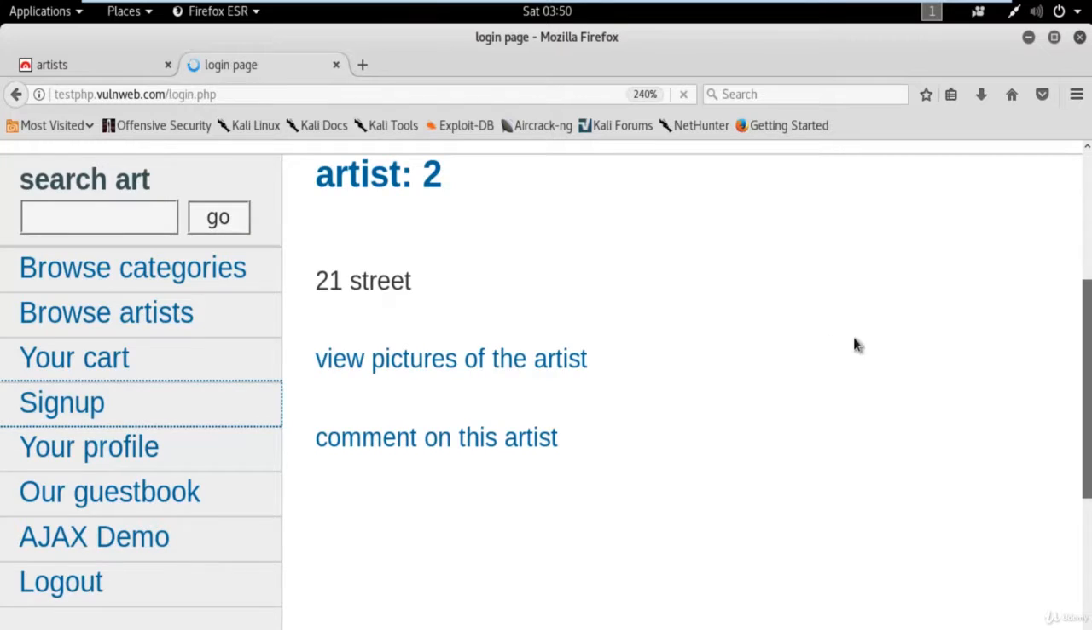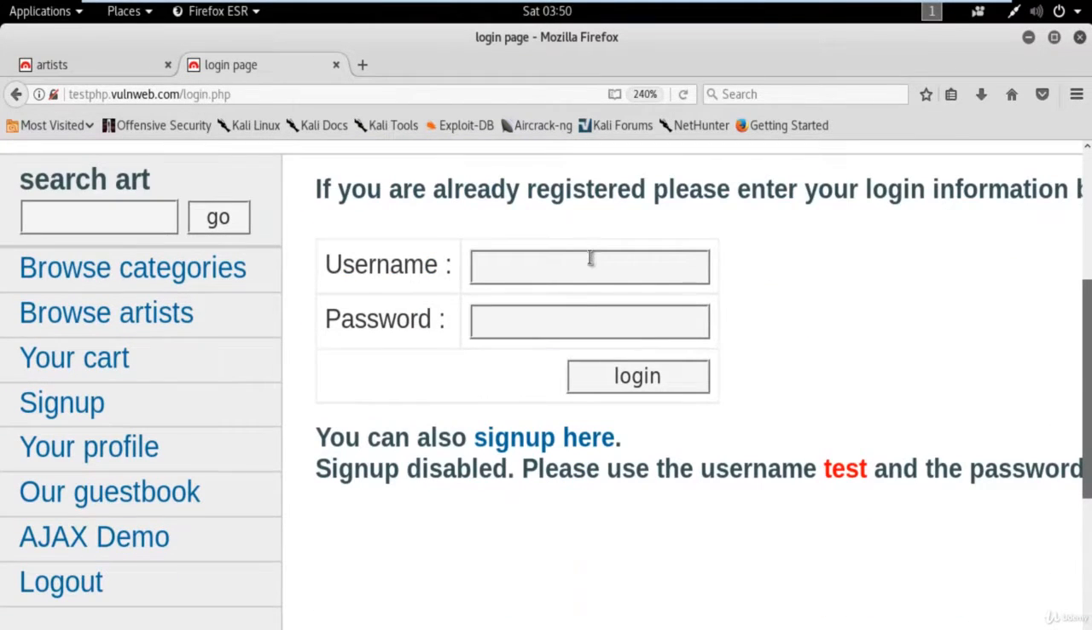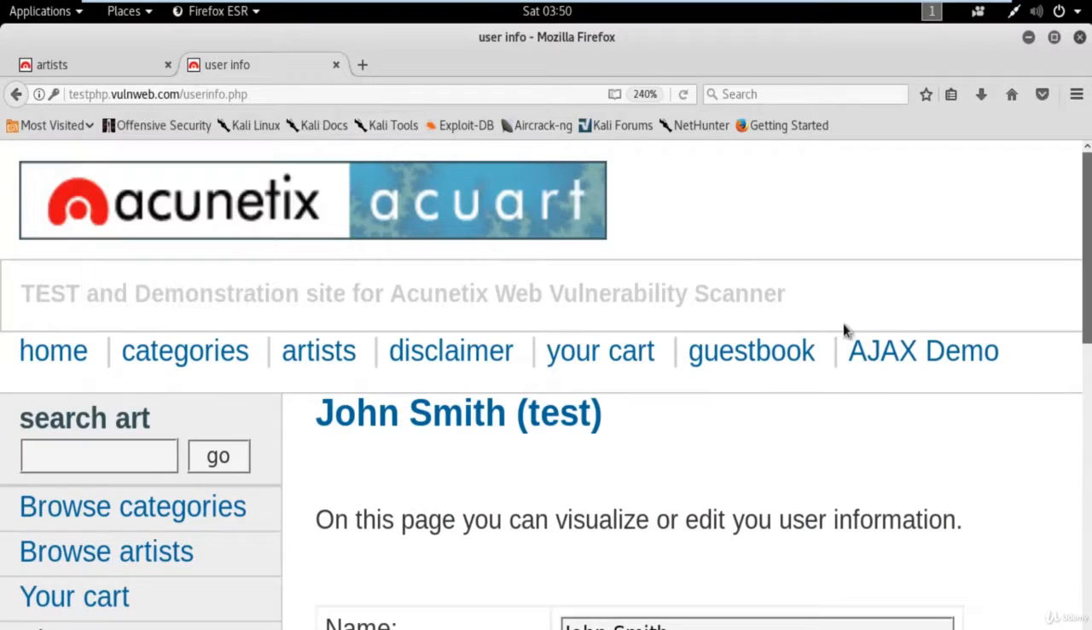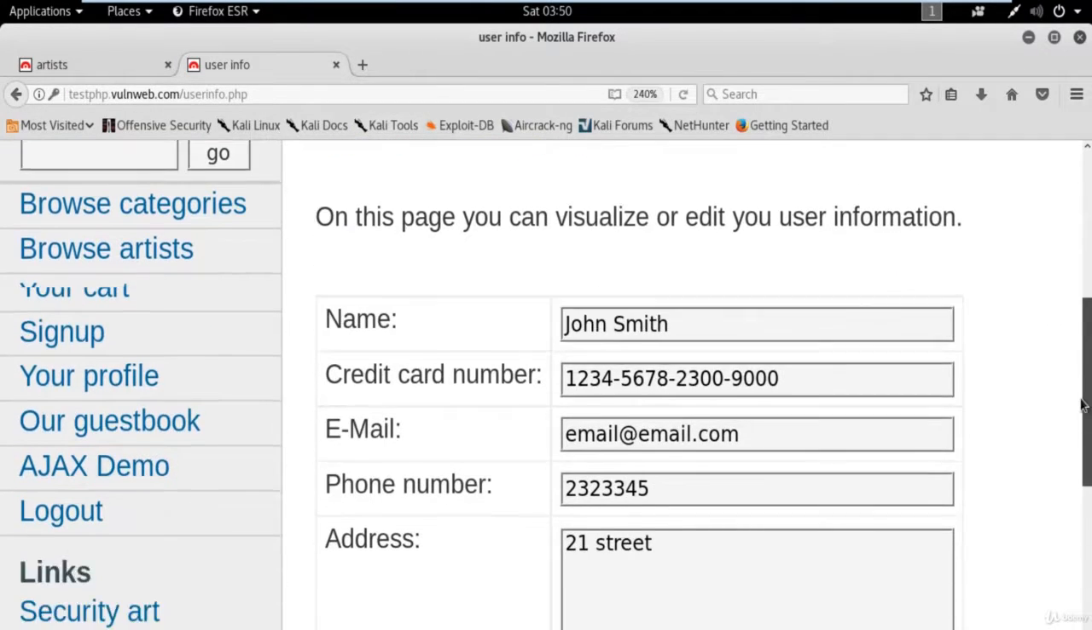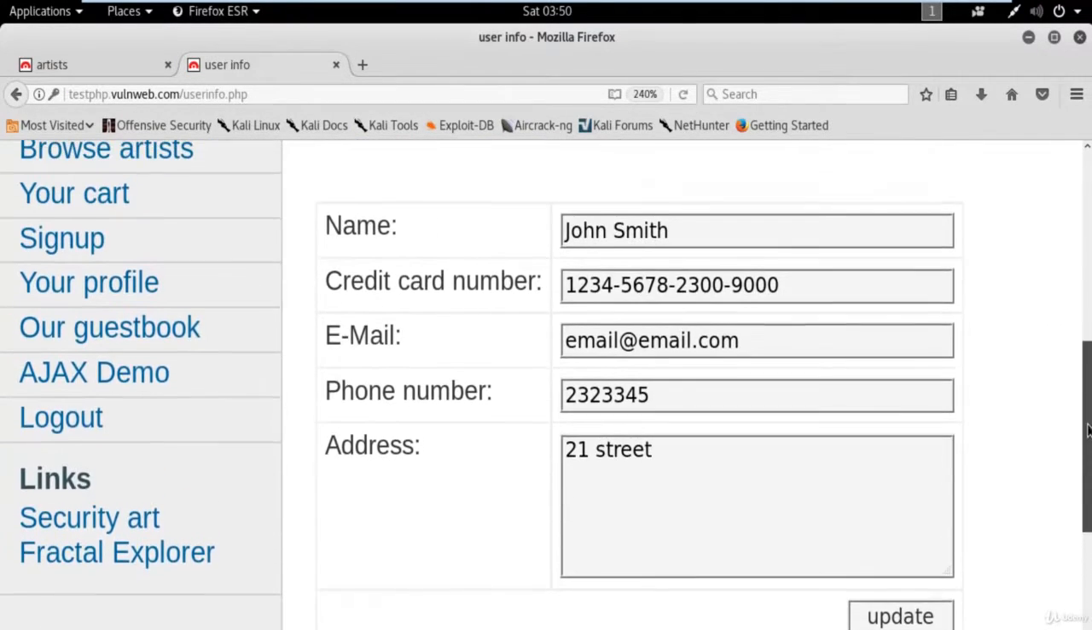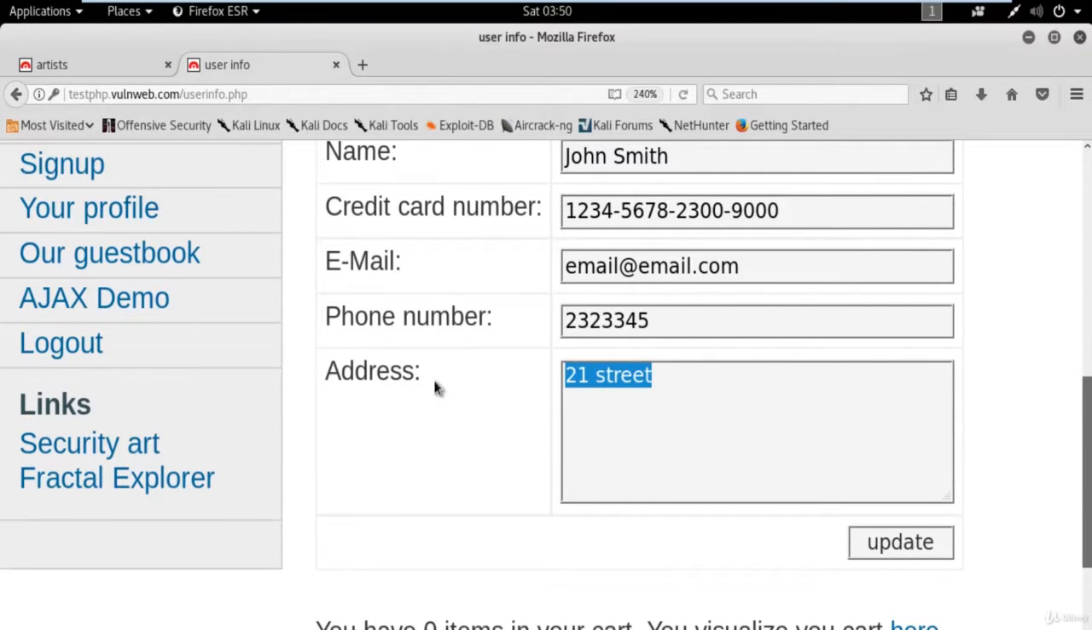Click on sign up, right? And here you can simply type the username which you have got, test. Password was also test. Now you can click login, and you can see here that you are inside the database of the website, right? You can change the address if you want. For example, if I change it to New Delhi, click on update,